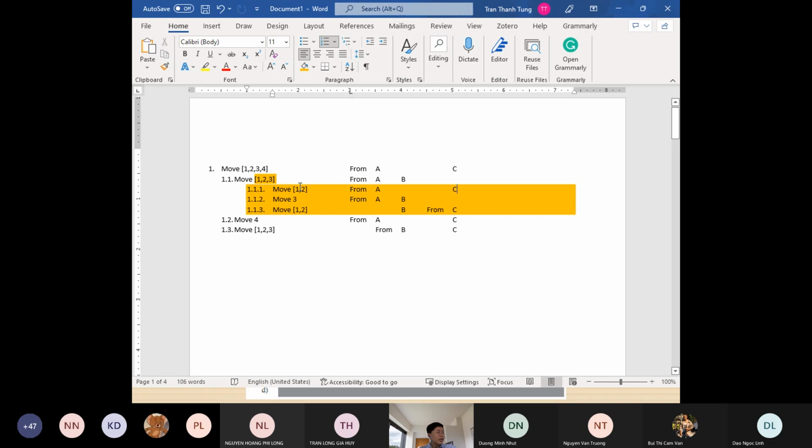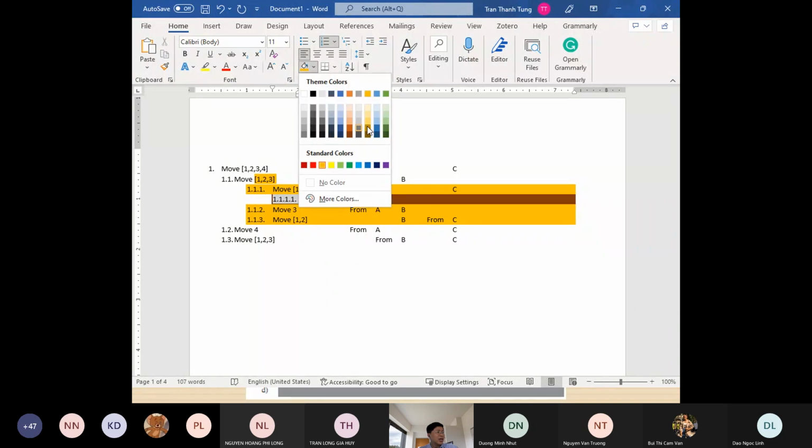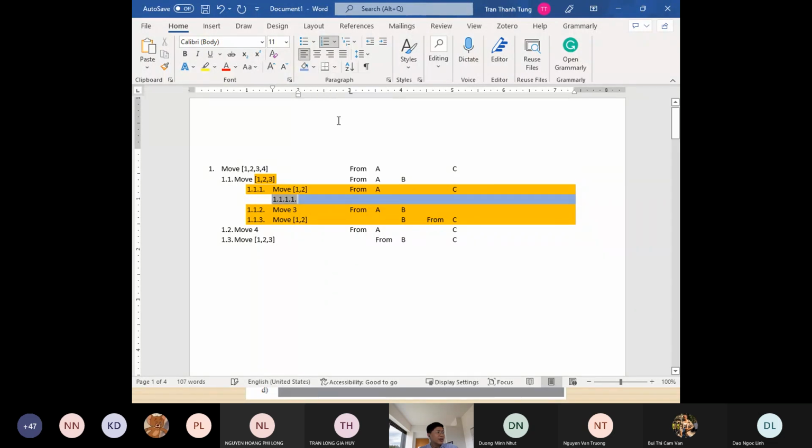And in here, for me, moving 1, 2 is not possible. We cannot move it directly. We have a subtask of that, so we have another kind of task behind that. If we want to move 1, 2 to the destination, our task is to